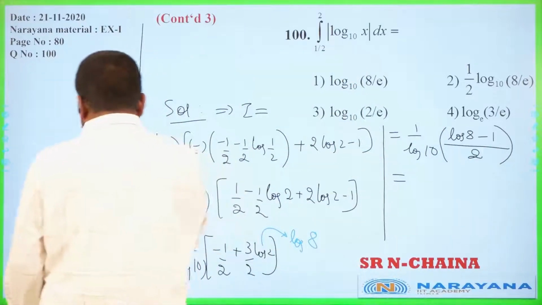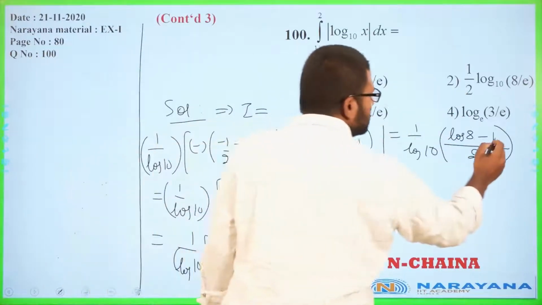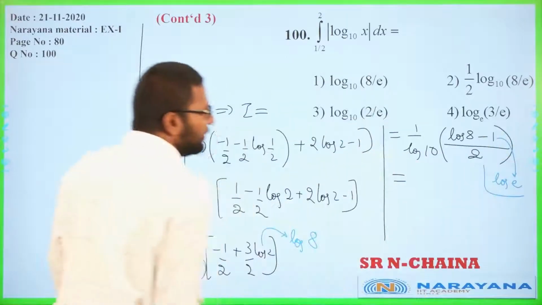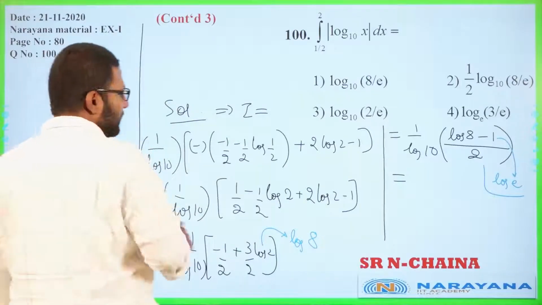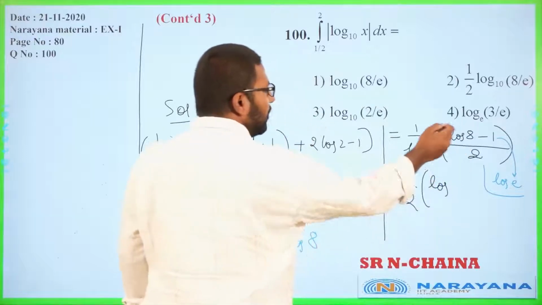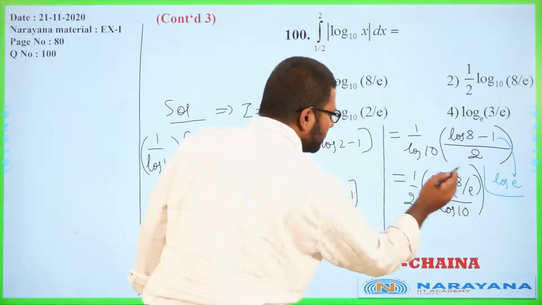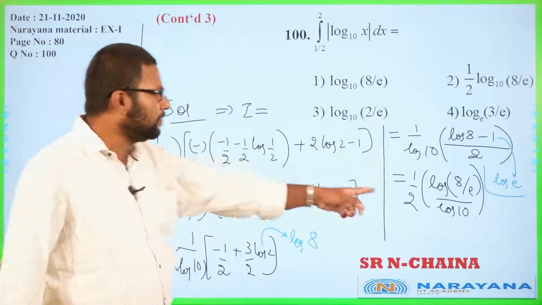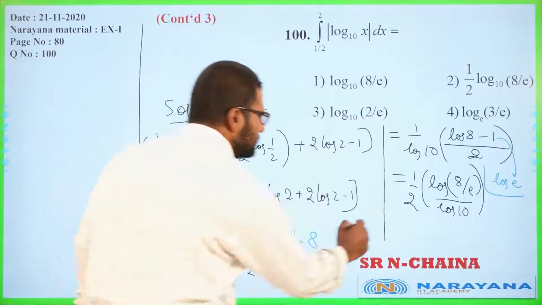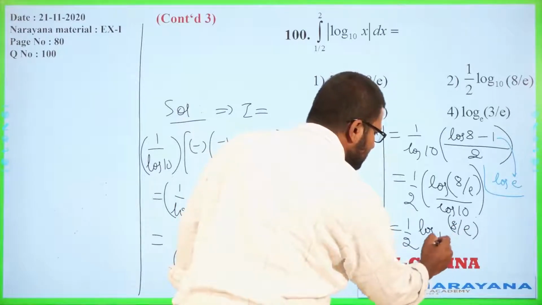Now do you realize that 1 itself, once again, because of the options, the way they are written, this 1 can be written as log e, right? Which means you can write this whole thing, take the 10 inside, bring the 2 outside, half of log 8 minus log e becomes log of 8 by e upon log 10. And now finally, remember the original property, we said log a upon log b is log a to the base b. So this whole thing then becomes half log 8 by e to the base 10.